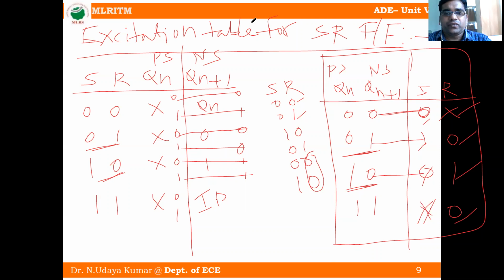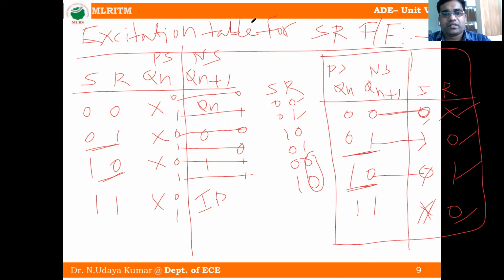After that, we find the expression or equation for the SR flip-flop. How to get the expression for the SR flip-flop? That is also from the truth table only. Simply we extend the truth table with don't cares, where don't care means 0 or 1. Like that we extend it and map by using a three-variable K-map, and we can get the expression for the SR flip-flop.